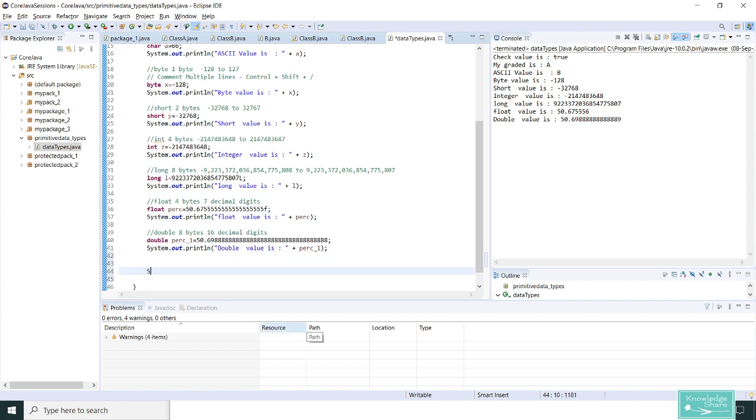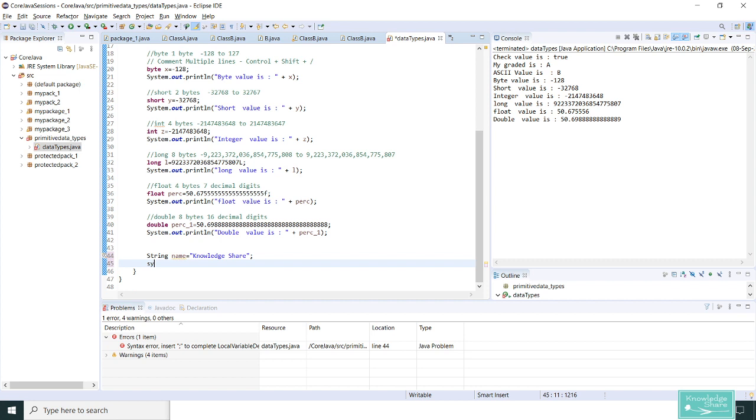Now let me declare a string, and I'll say name is equal to knowledge share. It accepts double quotes, right? I'll print as name is name.